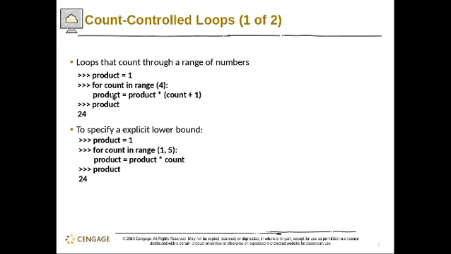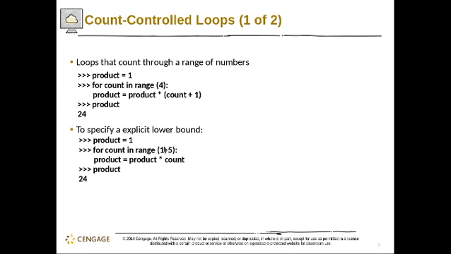In the second pass, you have the new value of product, which is 2, and the count is now 2, since this is the second pass, plus 1. So you will have 3 times the old value of the product, which is 2. That is 6. You will repeat that 2 more times, and it will give you a value of 24.